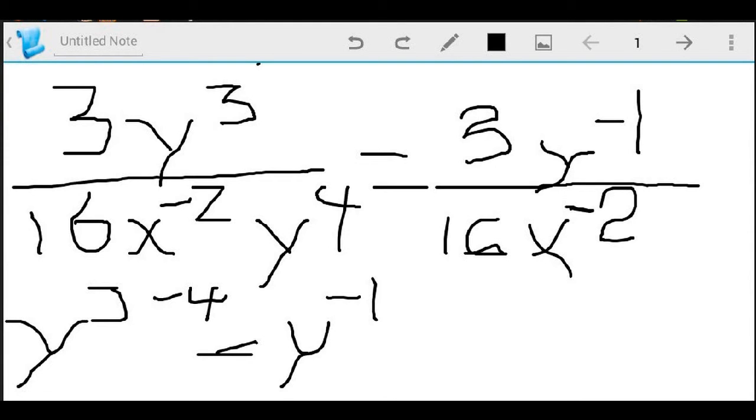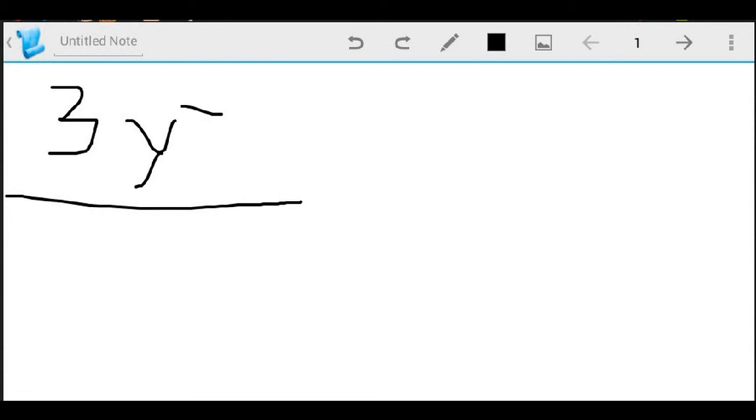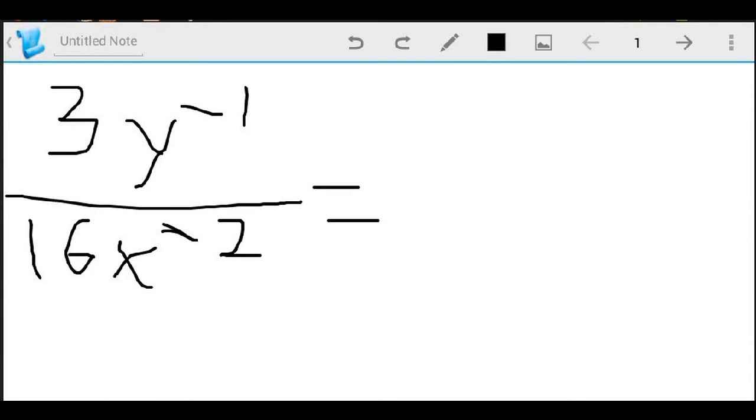So now our last step is to follow the negative property. Remember, if we have a negative result, we have to flip it over, take the reciprocal, or bring it to the top of the fraction. So on the top we had 3y to the negative 1 and 16x to the negative 2. So following the negative rule, all we have to do is have the y to the negative 1 switch places with the x to the negative 2. Realistically, that's happening separately, but it's just convenient that both of them are negative, so they just need to be flipped over. So our final answer, which you should already have, will be